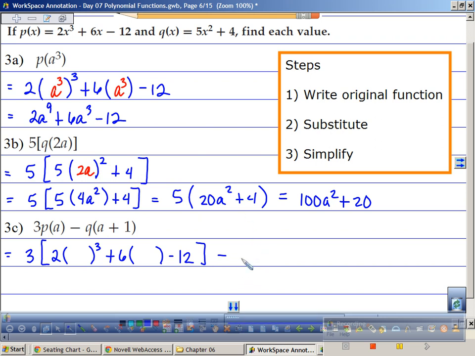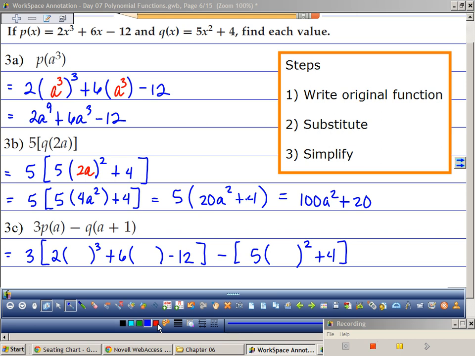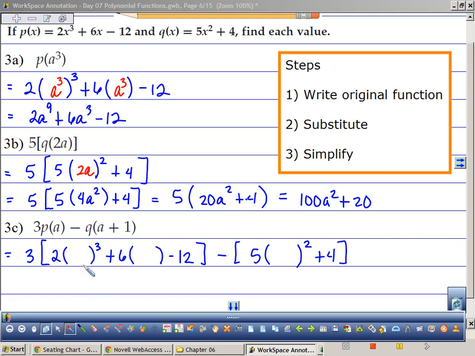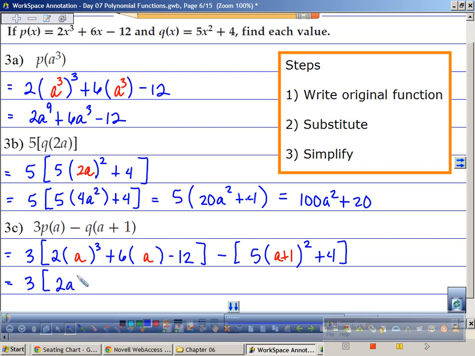Oops. We're actually going to put the quarter machine. What is the quarter machine? 5 times the quantity squared plus 4. All right, what did we want to substitute into our pizza machine? A. And what did we want to substitute into our quarter machine? A plus 1. Yep, whatever's in the parentheses you substitute in. So now I have 3 times 2a cubed plus 6a minus 12 minus